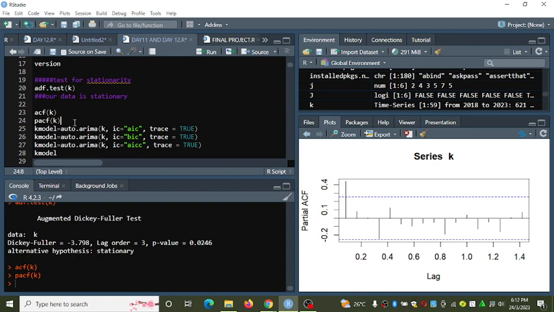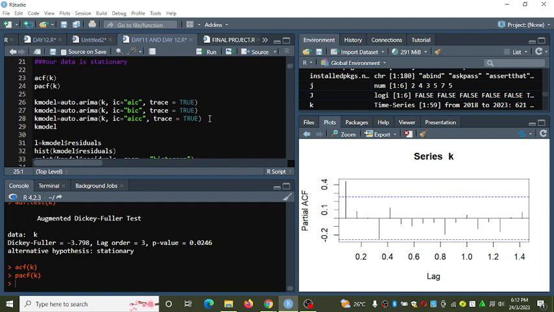From there we apply a function from the forecast package called the auto.arima function. This function will give us the specific values for the autoregressive part, the integrated part, and the moving average part.